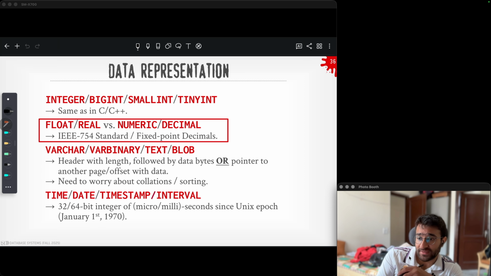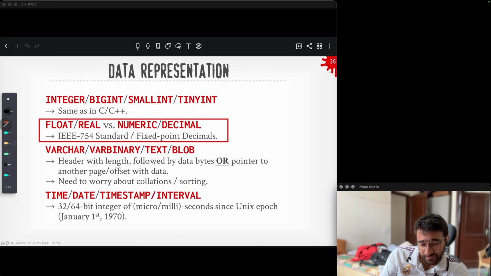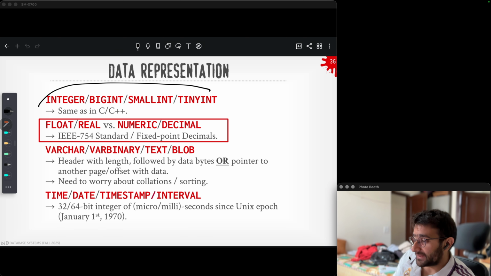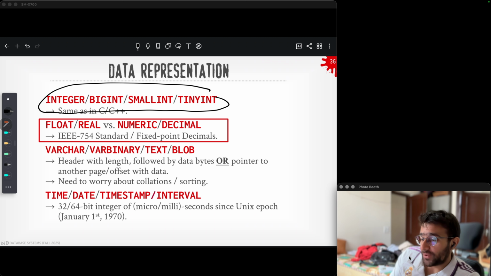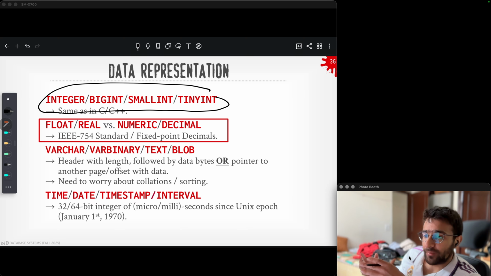So like Postgres has a ton of different data types. So I think it has blobs also, timestamps, then enums, then you could do strings, then you could do integers, then you could do decimals, numerics, and yeah, there are a ton of basic data types that the database supports. So, usually in systems, whenever you define an integer, small int or tiny int, that is like 1 byte integer or 2 byte integer or 4 byte integer or an 8 byte integer, you usually get what standard libraries give